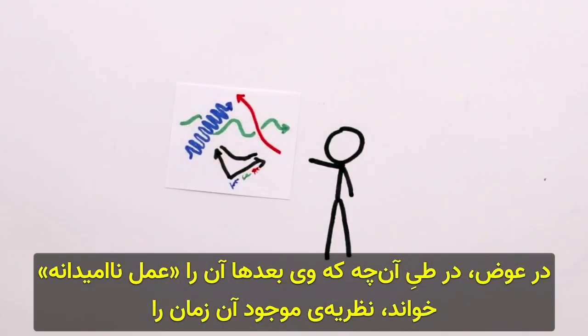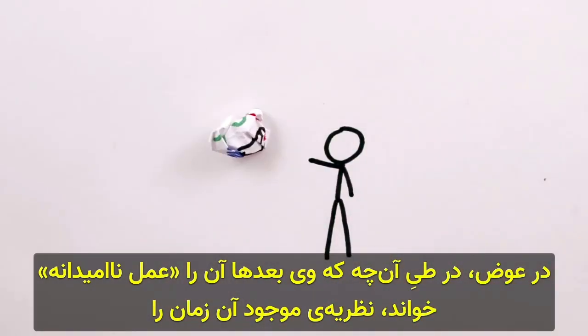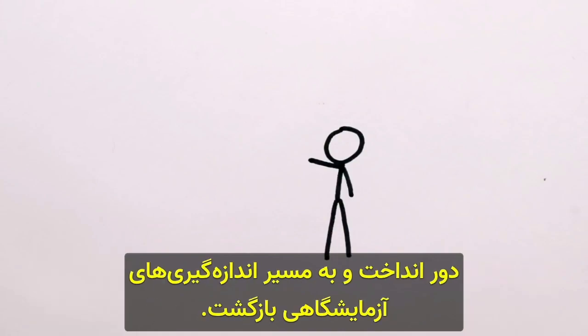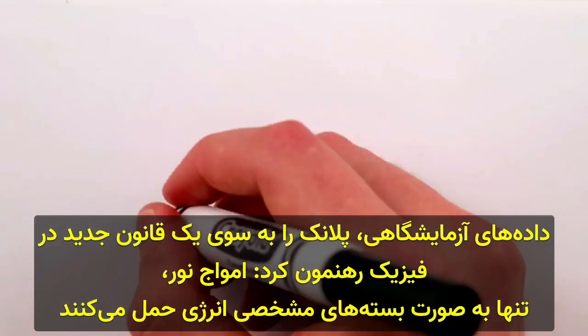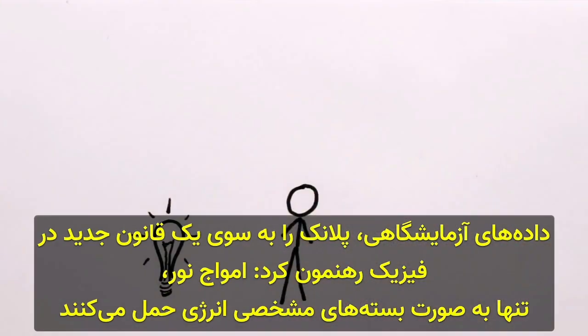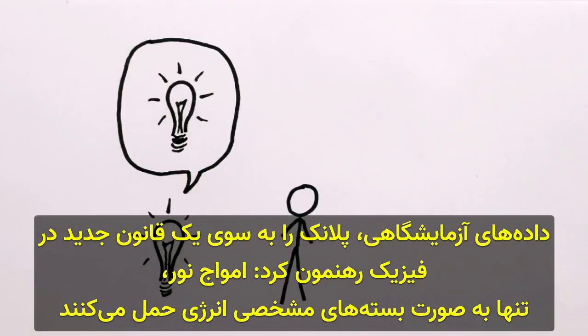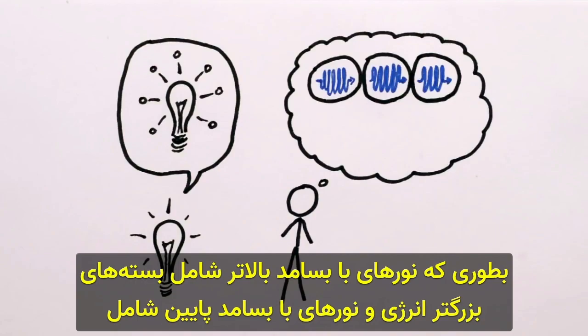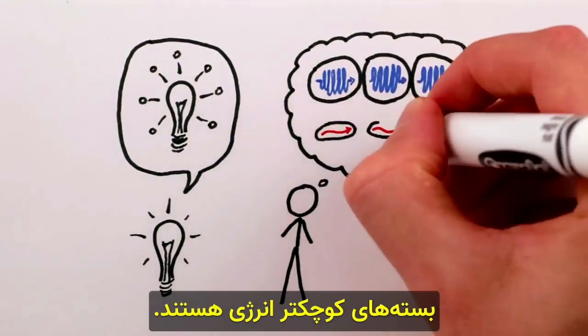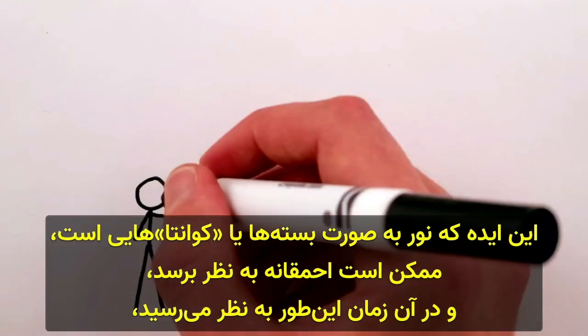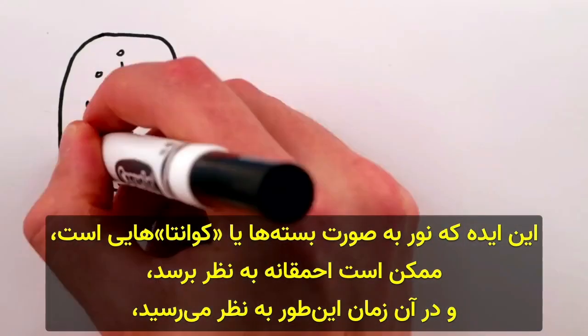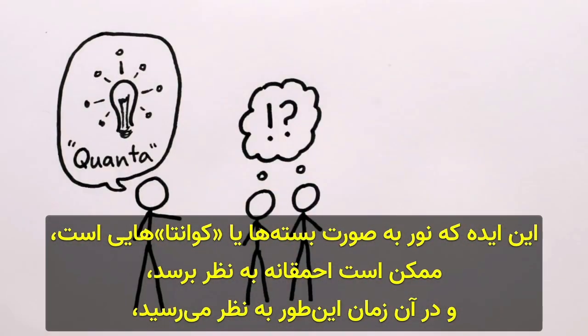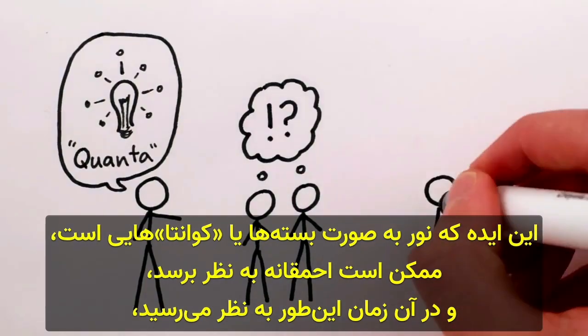Instead, in what he later called an act of despair, he threw the existing theory out the window and worked backwards from experimental measurements. The data pointed him to a new rule of physics. Light waves carry energy only in packets, with high-frequency light consisting of large packets of energy and low-frequency light consisting of small packets of energy. The idea that light comes in packets, or quanta, may sound crazy, and it was at the time, but Einstein